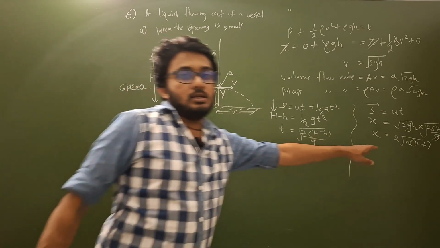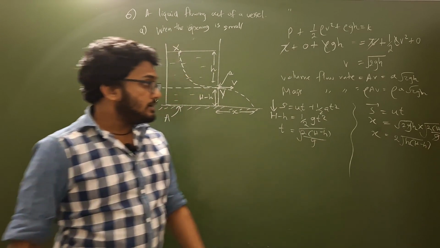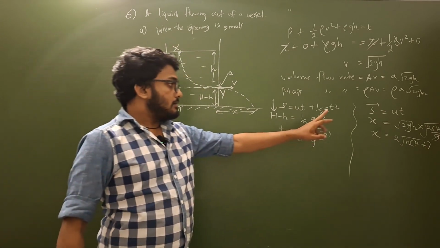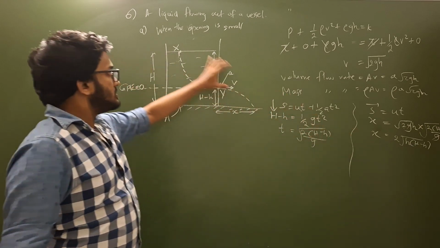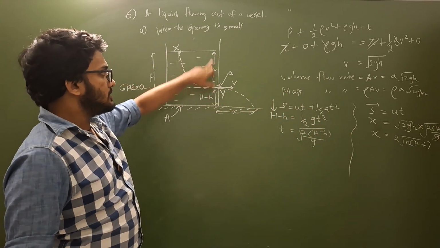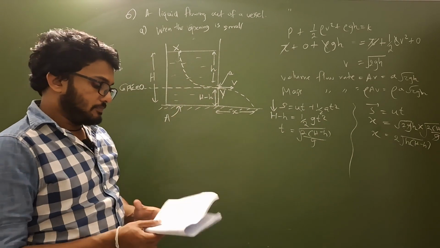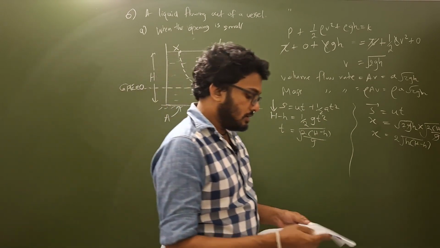By looking at that equation, we can see that range x varies with the depth. Depth means this height. X varies with the depth. Okay. After that, we have